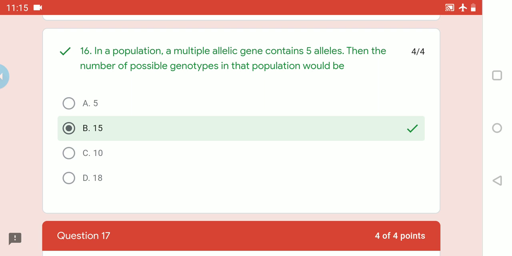Okay, you should work it out. So as I said, capital A, capital B, capital C is the dominant one. And if you take a recessive, small a, small b, small c will be recessive. Like that, if you take the example of this one, how many genes are here? Multiple allele means 3. So here, whatever number they have given, genes containing 5 alleles, then 5 into 3 is 15. So this is how to calculate the number of genotypes in a population.